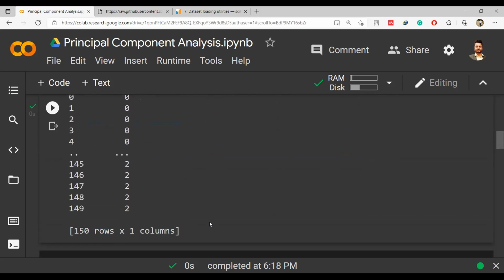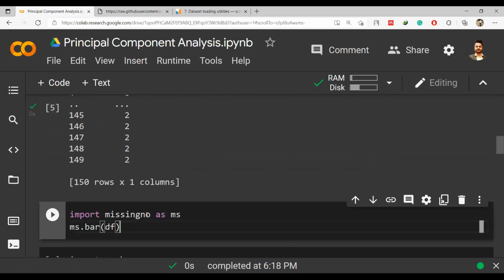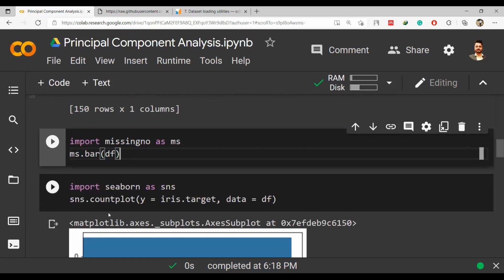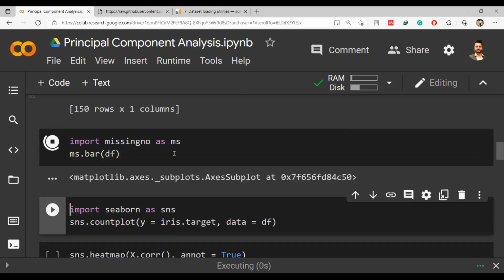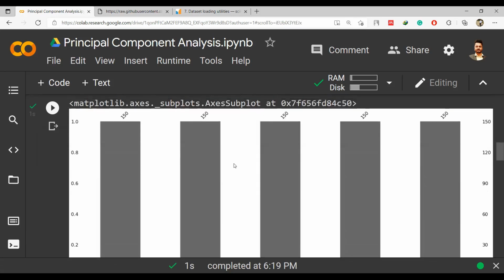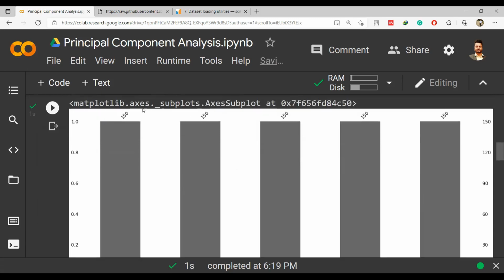So these are some basic things that you need to do to read a data set and get the work done on the basic points. Now I want to see a bar graph which presents how many missing values there are. For that, I can simply import missingno as ms, just a shortcut, then ms.bar(df). This missingno bar graph will be plotted, and it shows that all the 5 columns, sepal length, sepal width, petal length, petal width, and species, have 150 values each. So there is no null value. All the values have been filled by default.